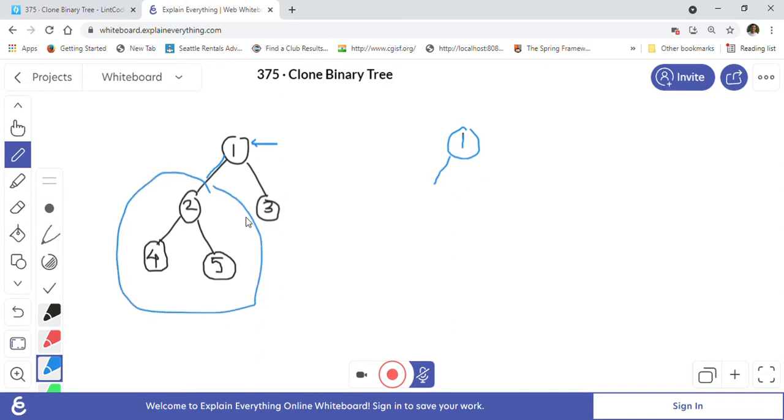So the control goes here. Now we reach 2, and when we reach 2, it says, create a clone copy of the left subtree and attach it to me, right? Then it will say, create a clone copy of the right subtree also, and then attach it to me, right?